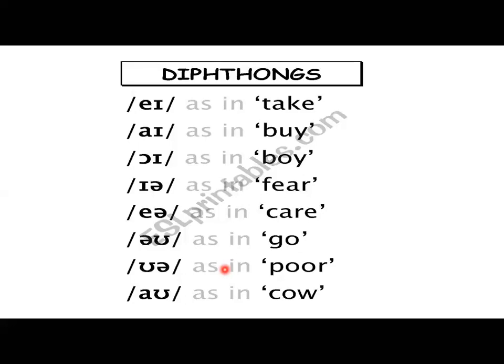A compound vowel is used here, not a single vowel. So it becomes A, and you should not count it as 2. A plus E becomes A, so it should be counted as 1 sound only. So in the word take, there are 3 sounds, T, A, and K, and then it becomes take.